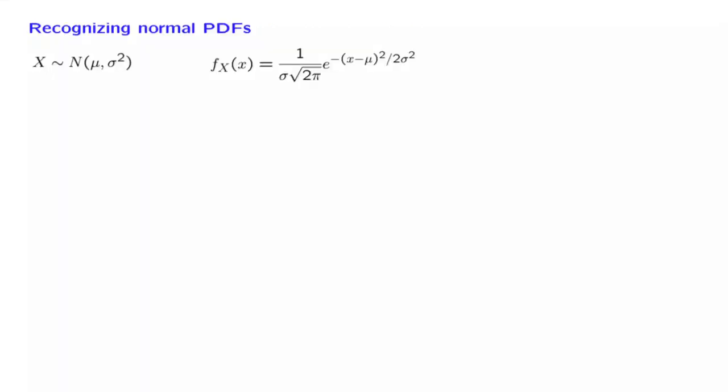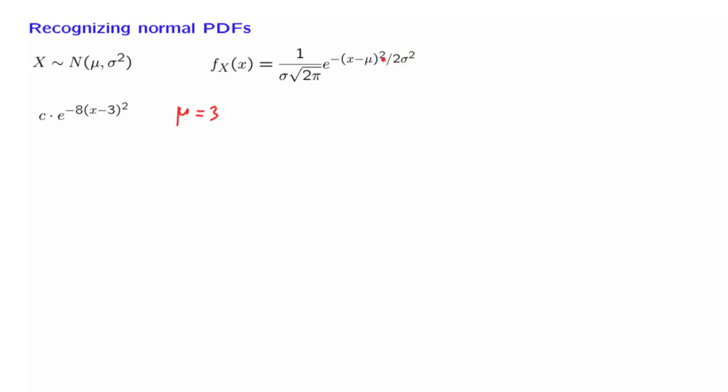In this lecture sequence, we will do a lot with normal random variables. And for this reason, it is useful to start with a simple observation that will allow us later on to move much faster. Recall that a normal random variable with a certain mean and variance has a PDF of this particular form. What if somebody gives you a PDF of this form and asks you what it corresponds to? You can answer that this is exactly of this form, provided that you make the identification that 3 is equal to mu. So this is a normal PDF with a mean equal to 3,